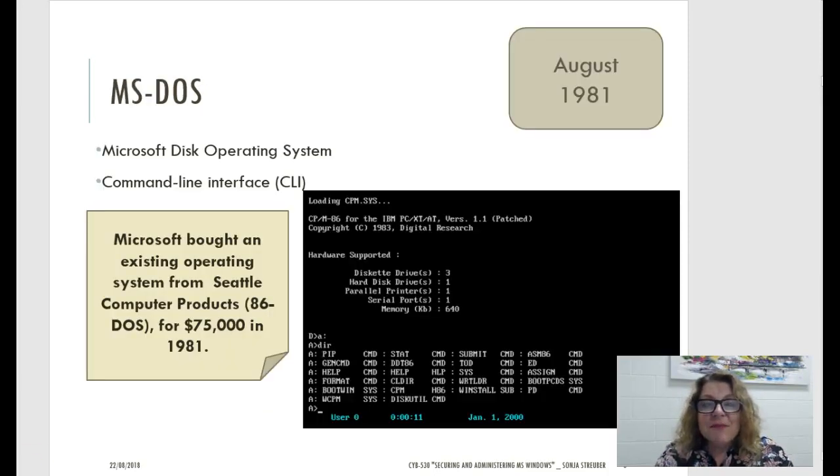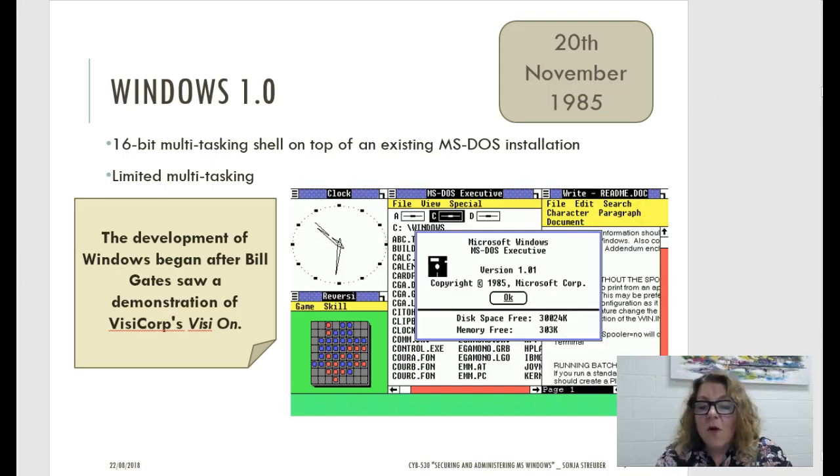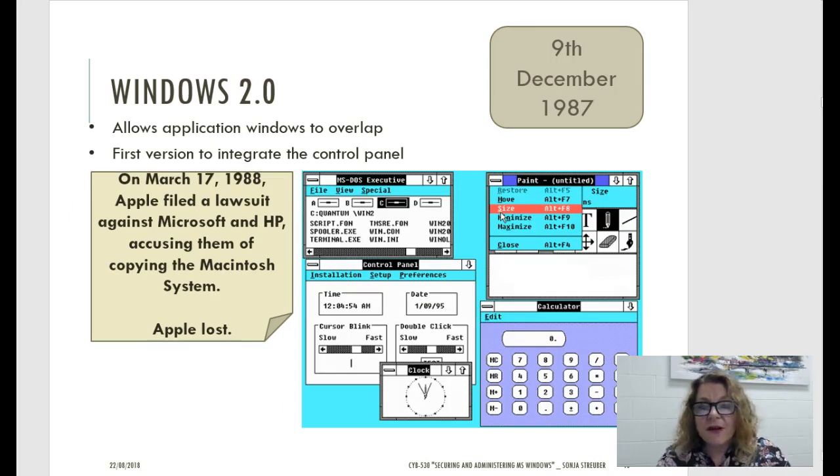So let's take a look down memory lane, shall we? MS-DOS, August 1981. This is what it looked like. You may remember it if you were born earlier. If you are born after 1981, obviously you may not remember this. Windows 1 looked like this. We went from the command line to a very basic GUI with even some basic games here. We had limited multitasking, but we also know that multitasking has not been the strength of Microsoft Windows from the get-go, which is why a lot of folks then took the Linux route or the Unix route in those early